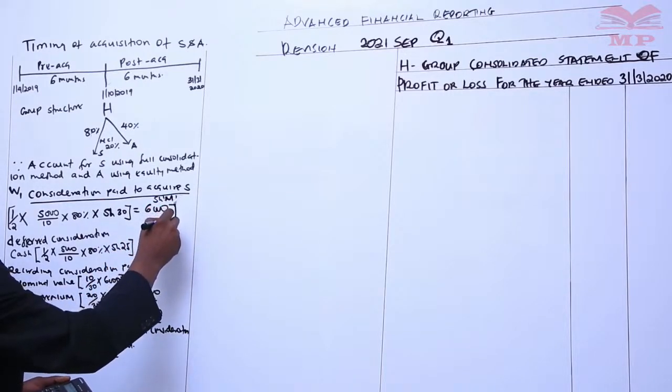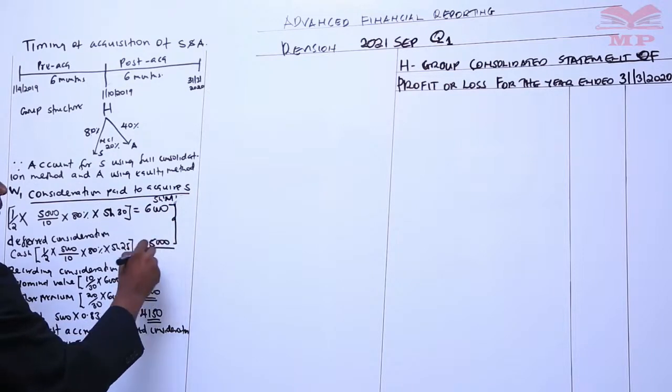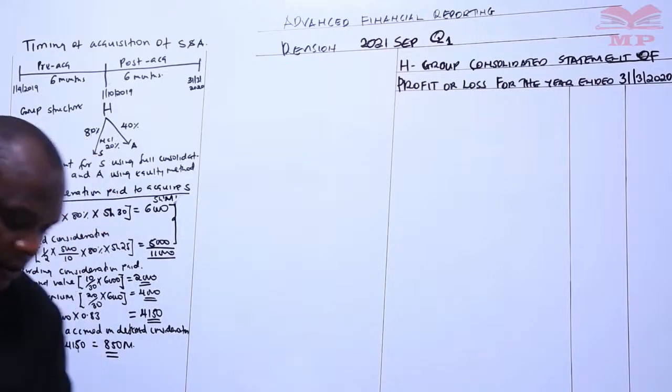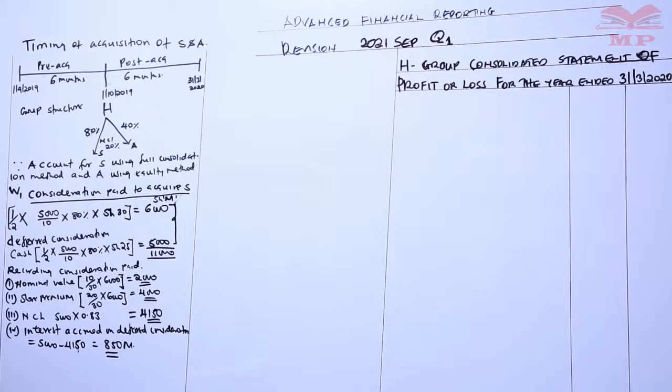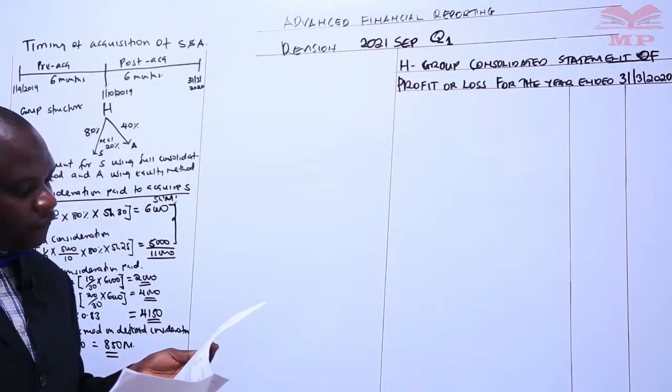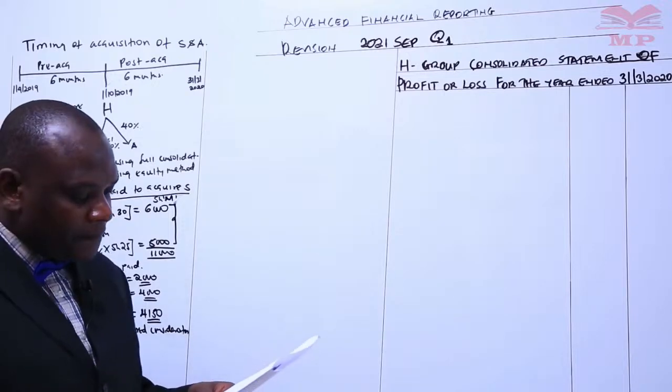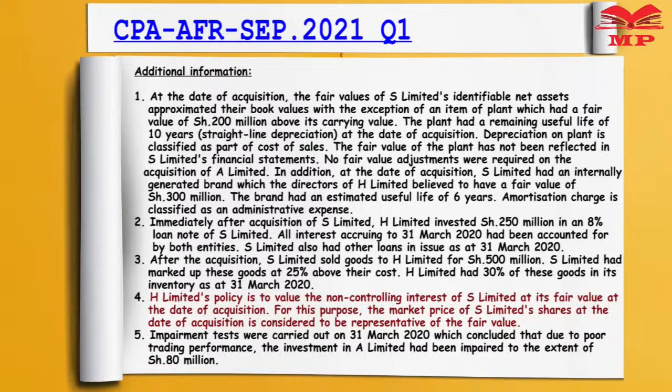So again, the total consideration paid here is 11. We'll use that in determining goodwill. Still proceeding, I want us to go to information 4, because information 4 will help us get goodwill. If you don't determine it now, it will be a problem. Additional information 4: H Limited's policy is to value the non-controlling interest of S, which is at 20%,